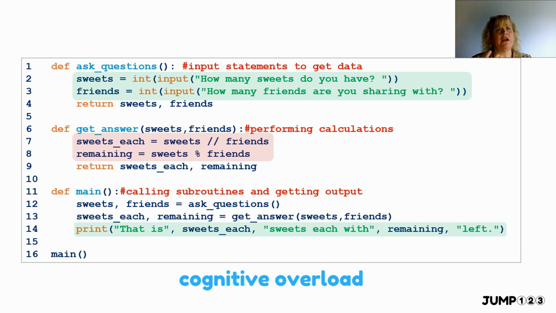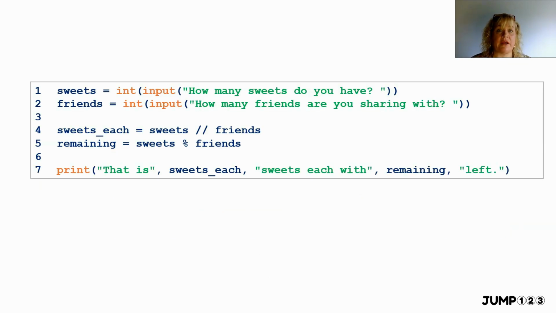And as a programmer, I found that most programmers are inherently lazy people, and therefore we're always trying to find the most efficient, the simplest way of solving a problem. We want to solve a problem in the least number of lines of code as possible, and that's one of the joys of programming for me, trying to find the simplest solution. And this solution that's on the board here is not the simplest solution. It is overcomplicating it. The simplest solution would be this program here, where you're just getting the crux of what you need. And that's the way we need to think about it when we're teaching our students.